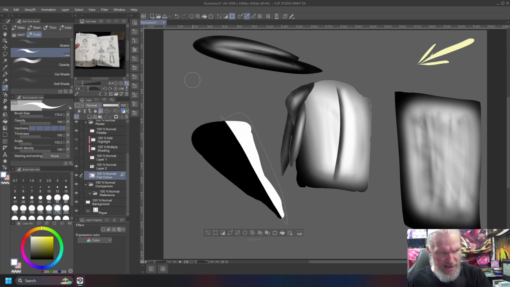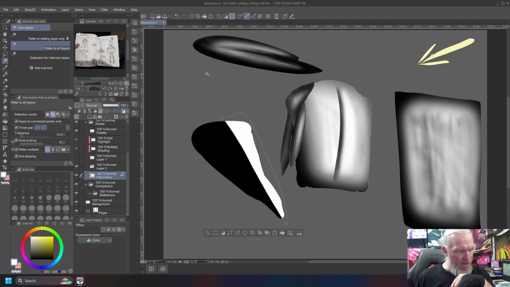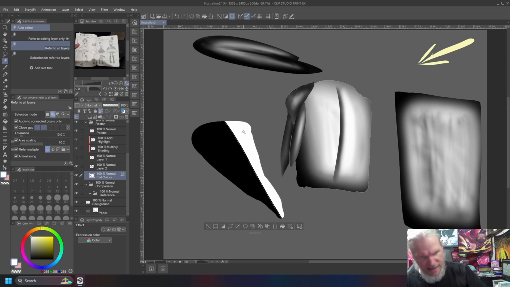Just clean that up, and then having done that, we'll now jump into the magic wand, and we'll select just that little space right there. And having selected just that little space right there, I can now come in and go,